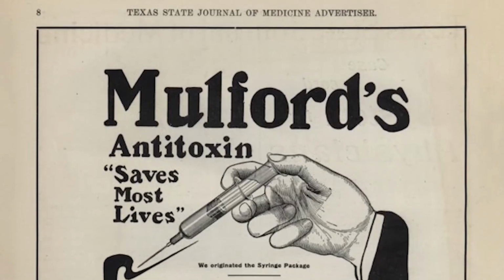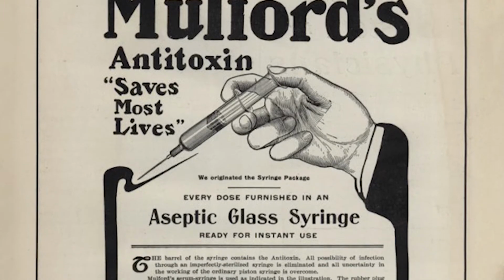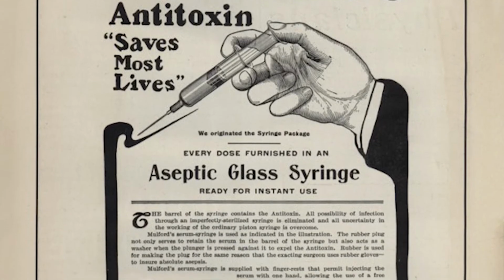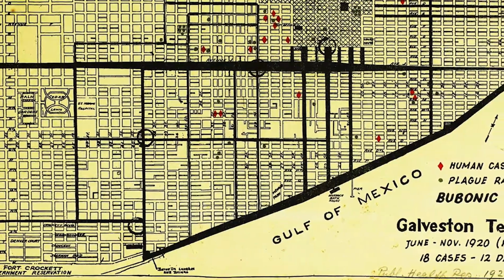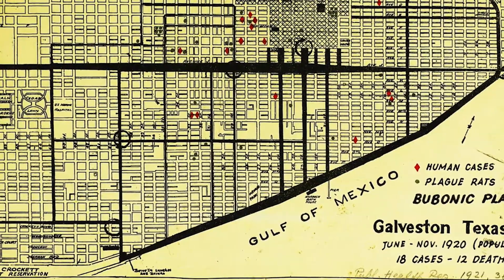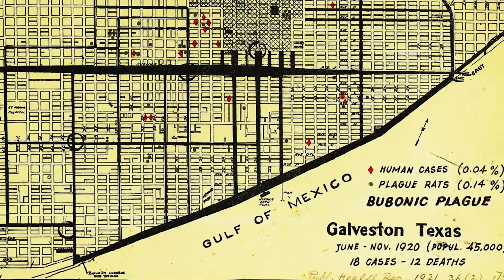The second patient to be diagnosed with bubonic plague was fortunate enough to receive anti-plague serum. After the first case of bubonic plague was diagnosed, Mulford's anti-plague serum was made available by the state of Texas, and so some of the earliest victims received that. Between June and November 1920, 11 cases of plague were treated with anti-plague serum, and of these, 6 died and